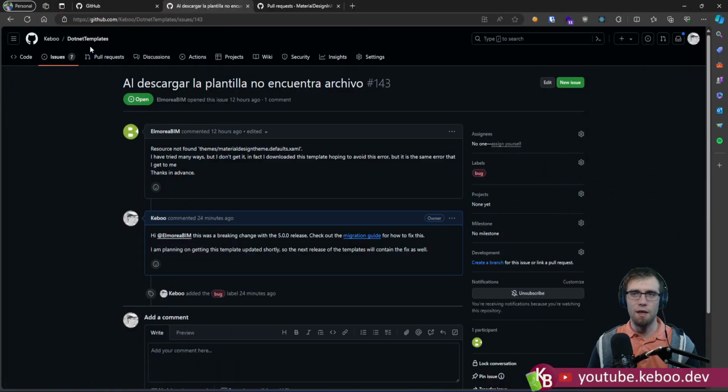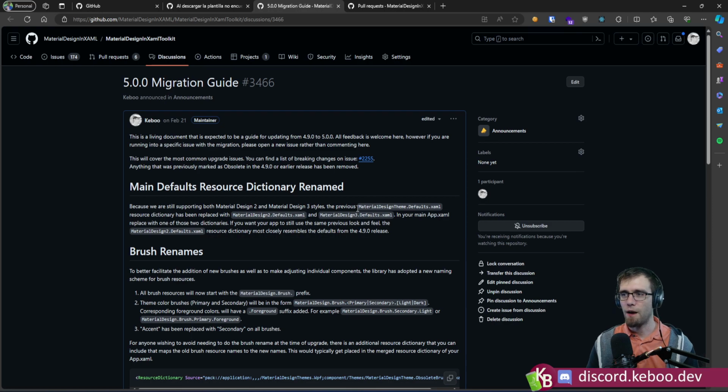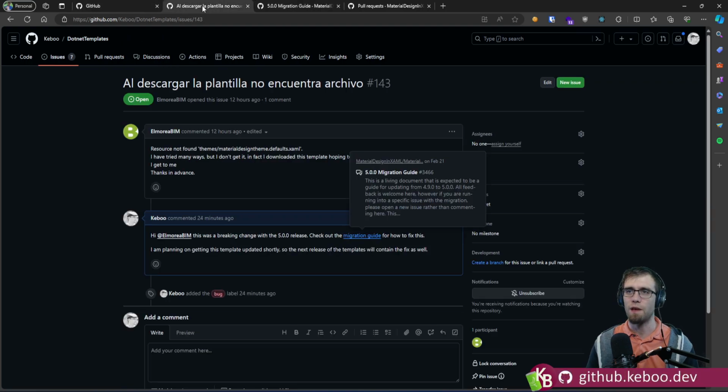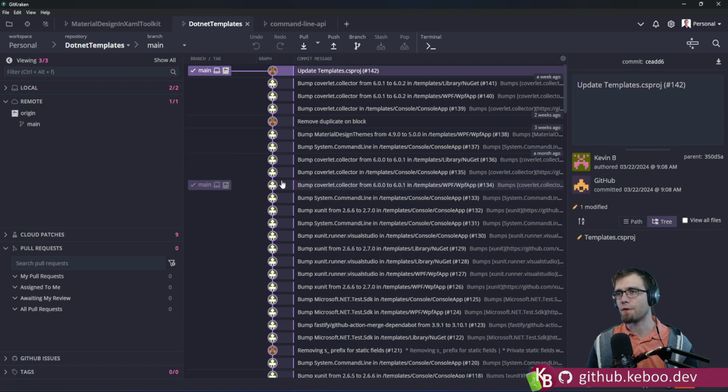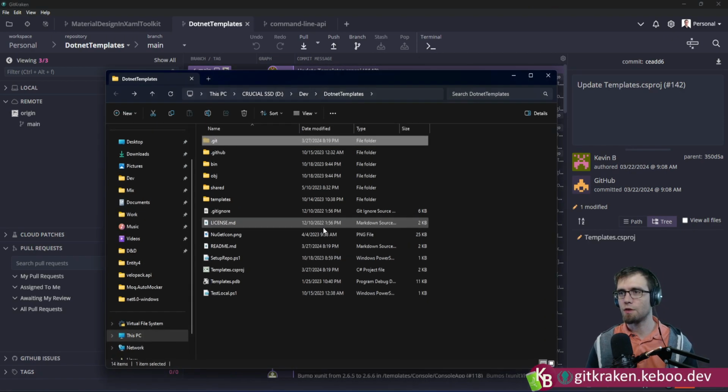So I have a .NET template, and unfortunately, I have a .NET template that has not been revved to the Material Design 5. And I got a bug report here. It's the standard default one that has come in quite a bit. It's the one that I suspected would break people the most of, hey, the Material Design defaults has been renamed. You need to do either Material Design 2 defaults or Material Design 3 defaults. Pick your favorite. But that doesn't help you if the template is wrong. So we're going to start there and get that one updated first, because this one should be an easy thing